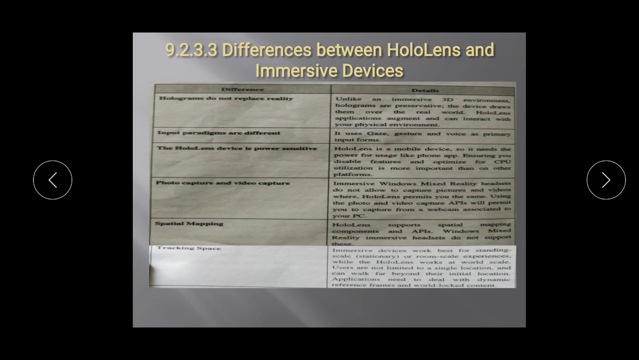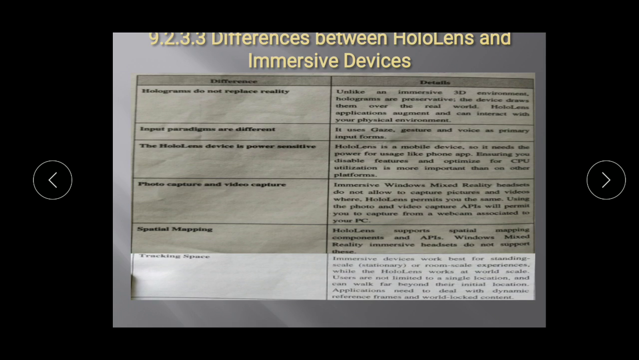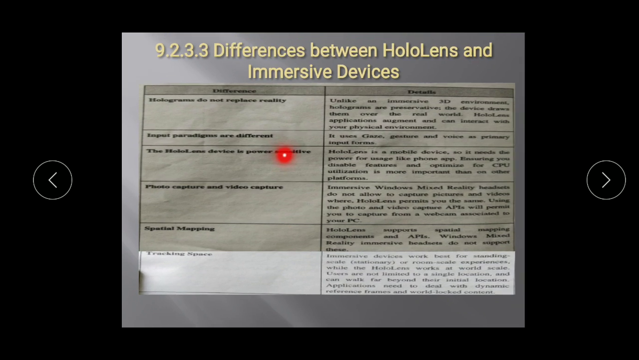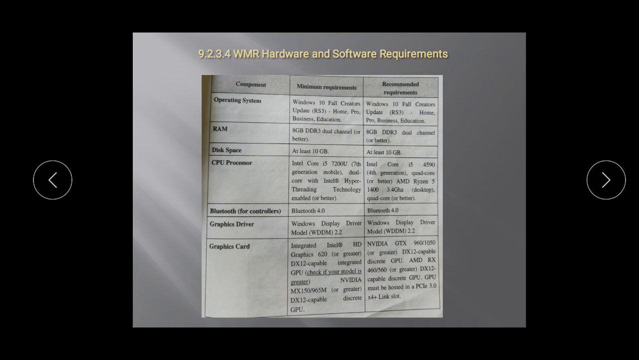Differences between your HoloLens and immersive devices. So these are the differences which can come in your paper. So I have given the same format from your book in the PPT. You can go through these things, that is this data. Then next is difference between